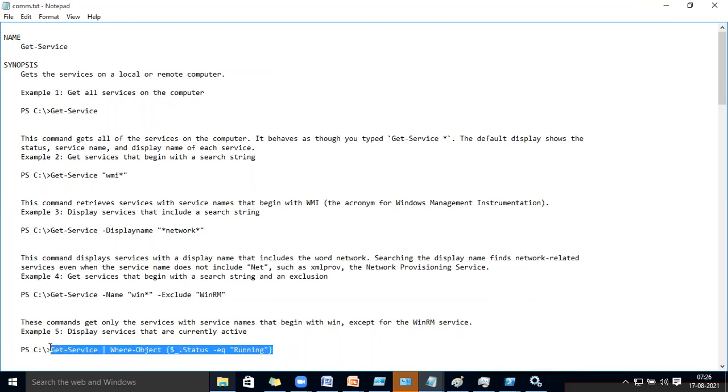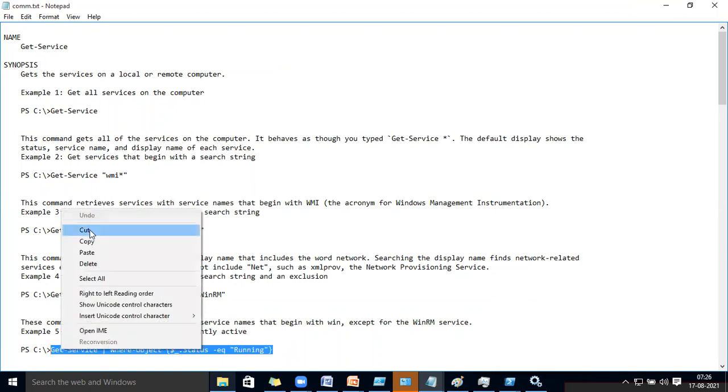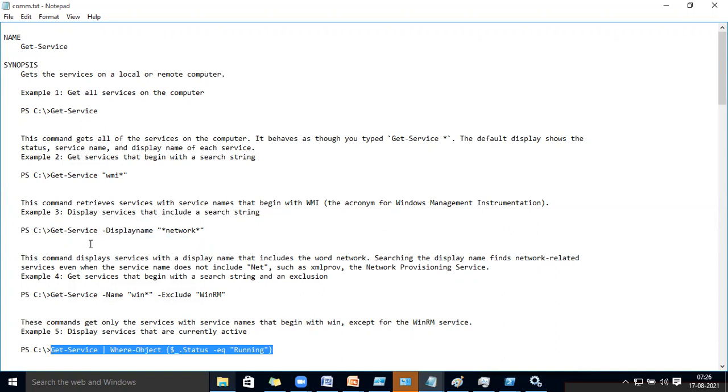Okay. And if we want to use multiple filters, do we need to use the dollar underscore sign every time? I mean, if I want to filter with the name along with the status, right? Multiple filters means where status is equal to this and name is equal to this, right? No, I'm asking about the dollar and underscore sign. If you want to use multiple variables, at that time you have to declare them. Later we will see that. Here it is only one, that's why we are giving this one.